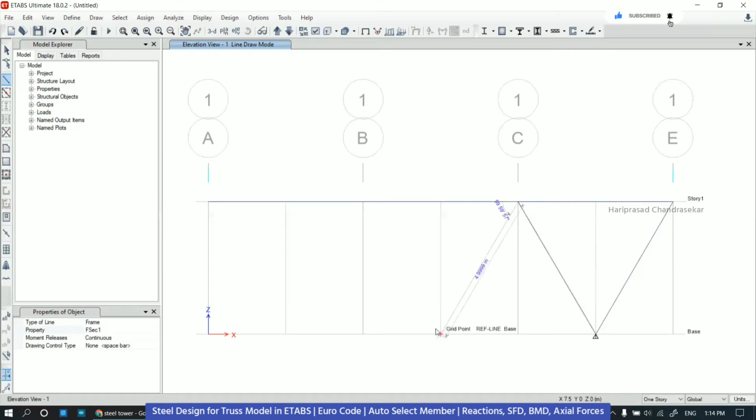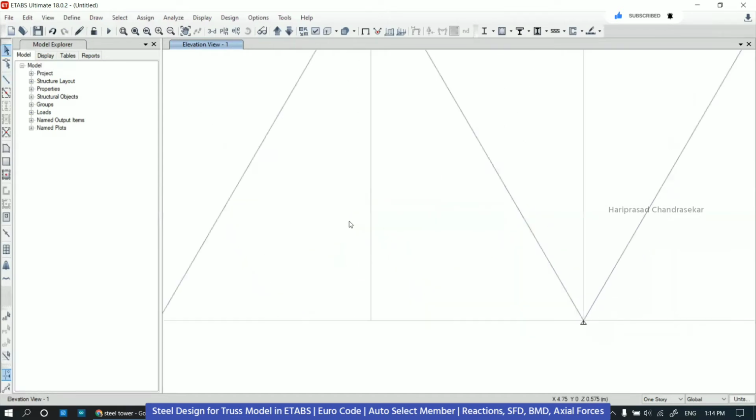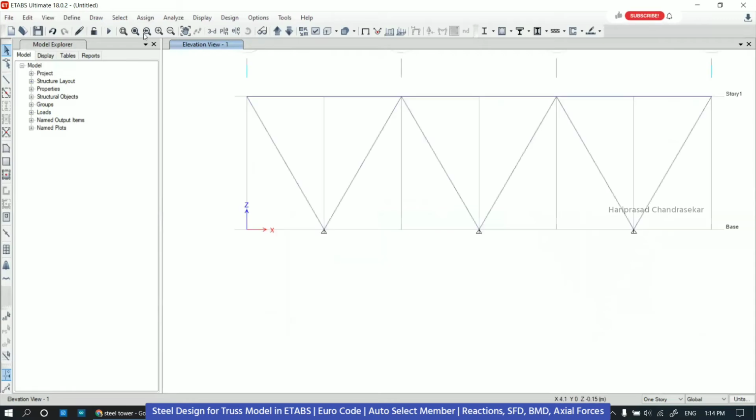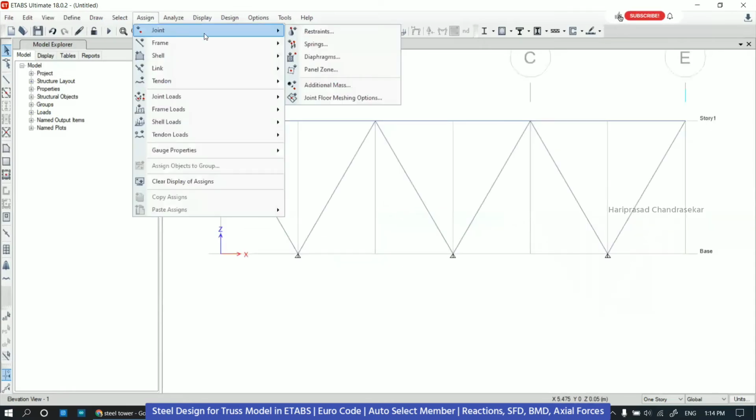So the grid point, everything is visible because of the snap option. So this is automatically in the base, right? That is coming with the restraint. So what we need to do is just remove the restraints here, and then a joint restraint.